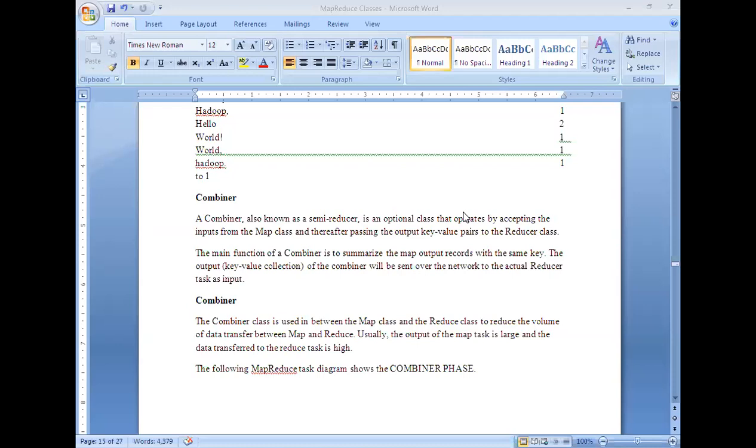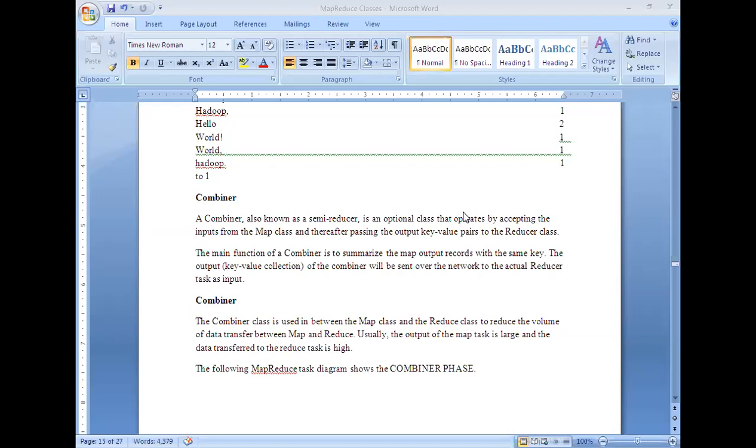Due to that traffic in computer networks, you might have studied about collisions and all, so your data may be corrupted. These kinds of problems may arise, but that is a different issue. Here our intention is that they will always make the network busy with the communication between your mapper system and the reducer system by passing the intermediary output values. So what do we have to do? Anyway, we need to supply the mapper outputs as inputs to the reducer.